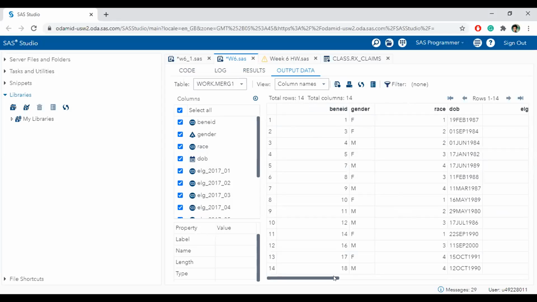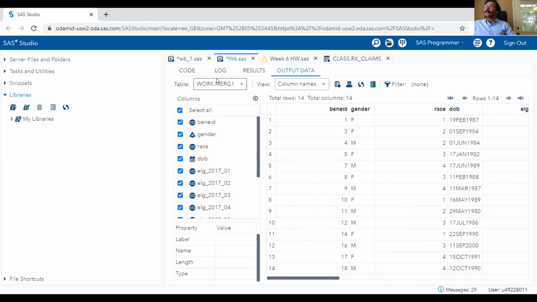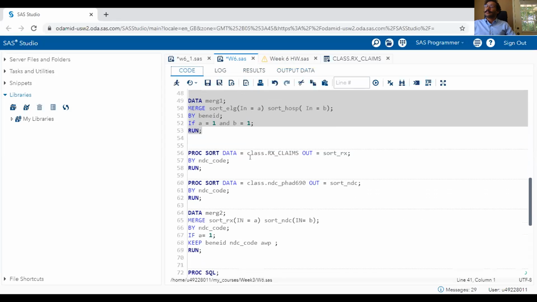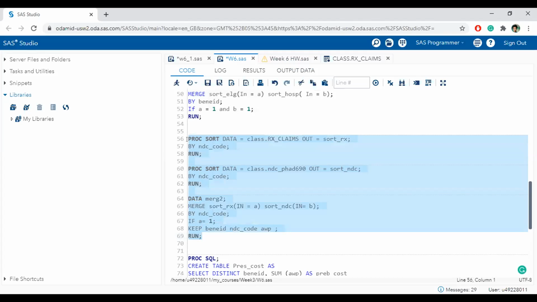Now what we have is Beni ID, gender, which are not required, and mainly hospitalization cost. Up to here we are fine. Now I merge the RX claims and NDC file by NDC code. For that I have sorted both data sets, then merged them.